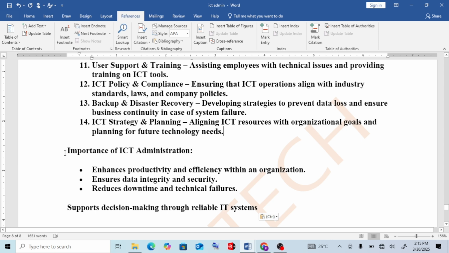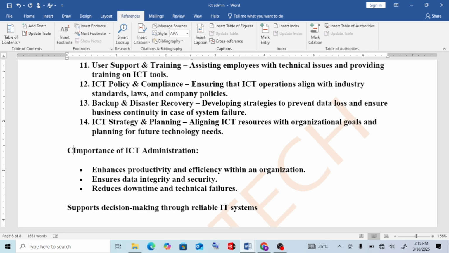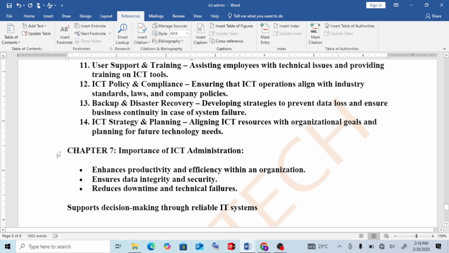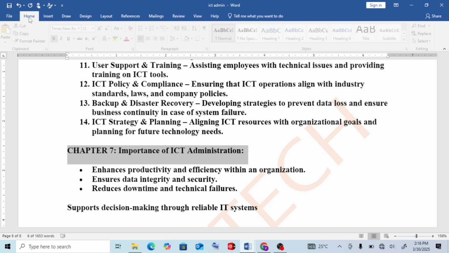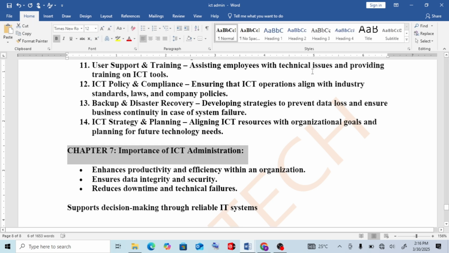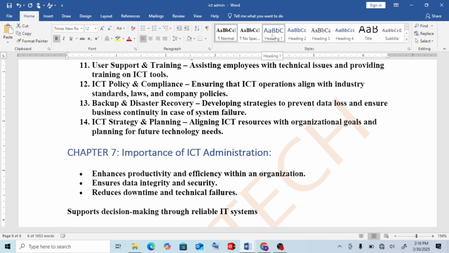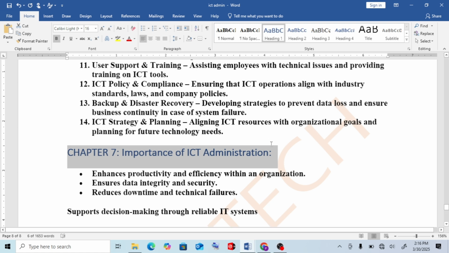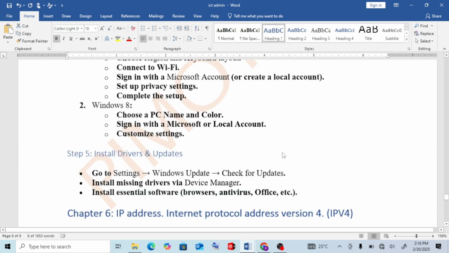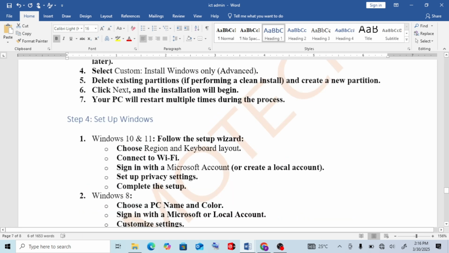Let me add another chapter in this document, which is chapter 7. After adding the chapter, you go to home tab, under style, you click heading 1 to give it a heading which is readable by the auto table of content.